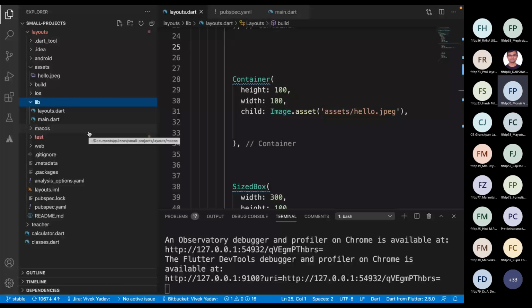Also, let me tell you one more thing: Flutter does not restrict us to put this image only in the asset folder. We can put this image anywhere inside our project. You just have to update its path over here.